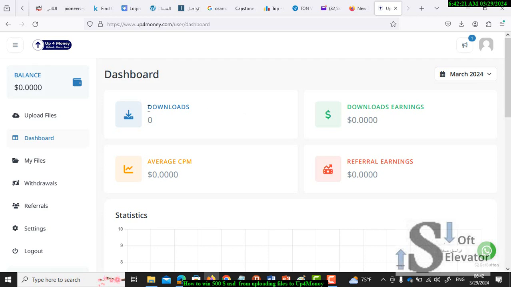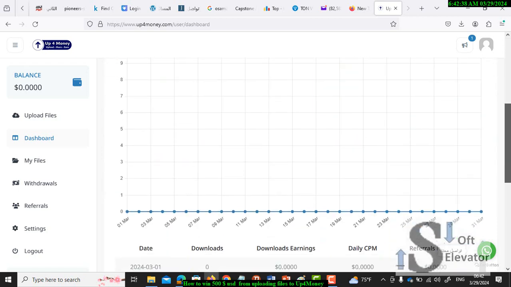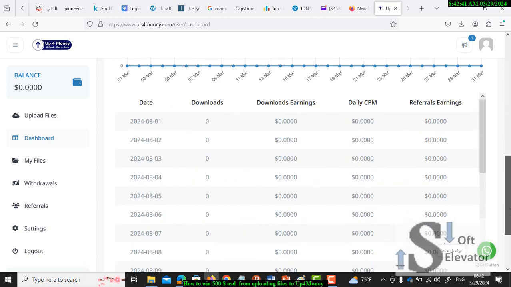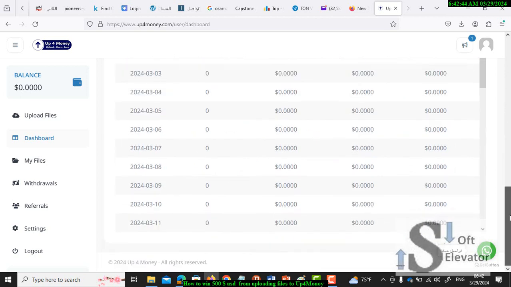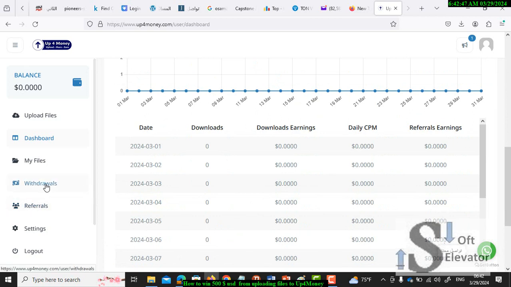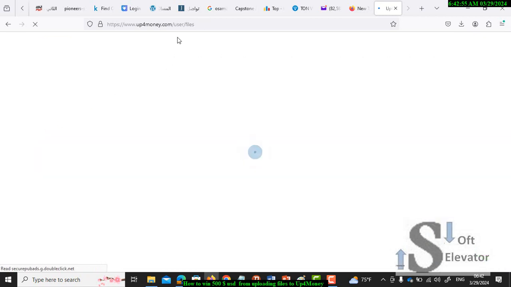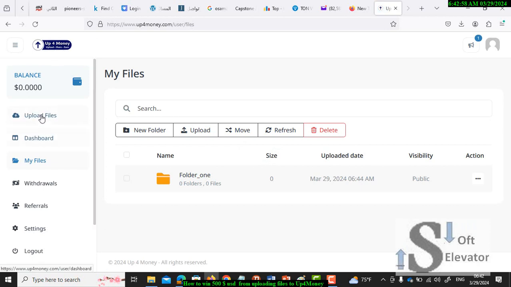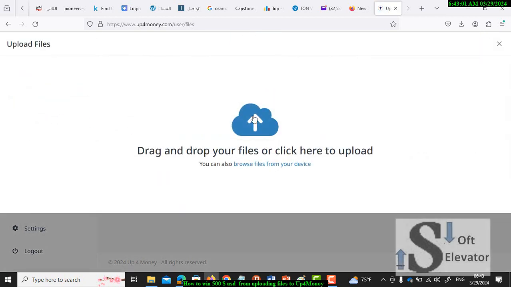Here is a counter showing you how many downloads so far, how much payment you earned, and the referral earnings, and average CPM statistics. All statistics appear here, per date and referrals. It's very important. If you would like to withdraw, it's from here, referrals from here, settings from here, and your files here. So upload files here. You can click here and start